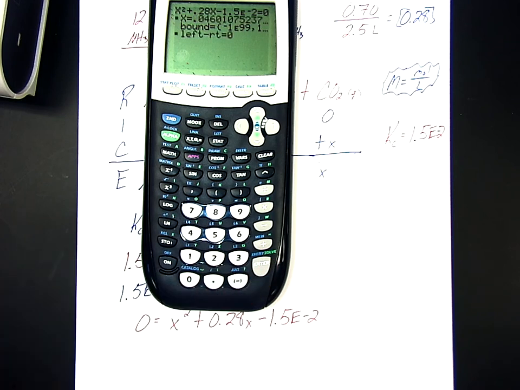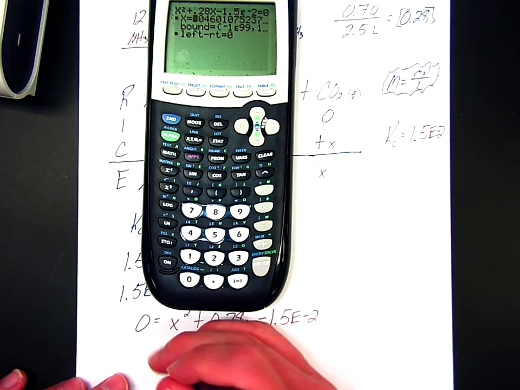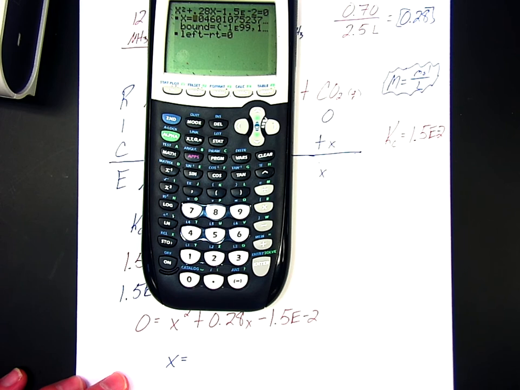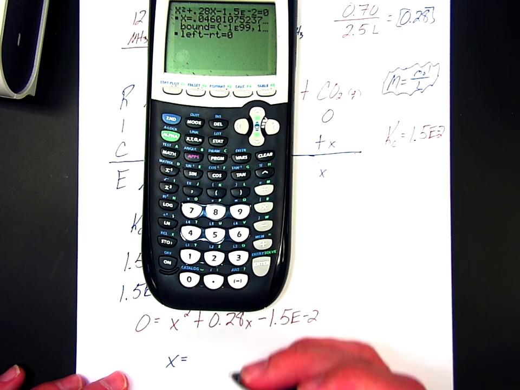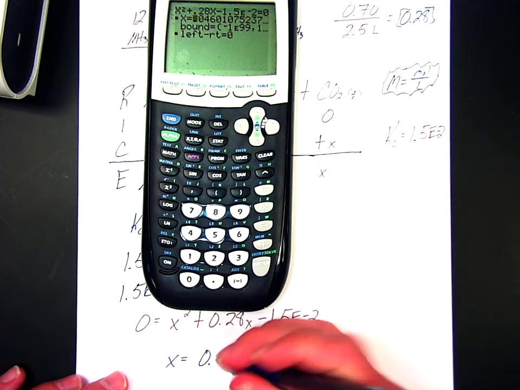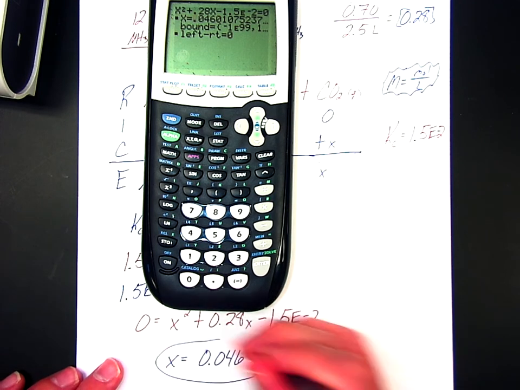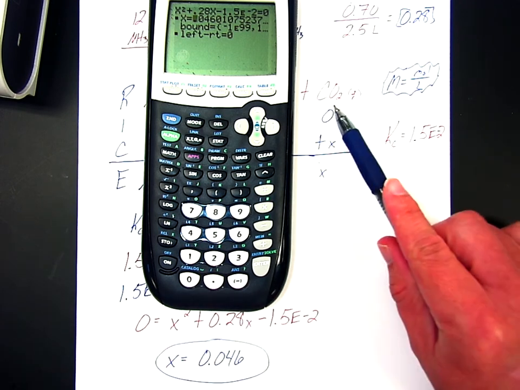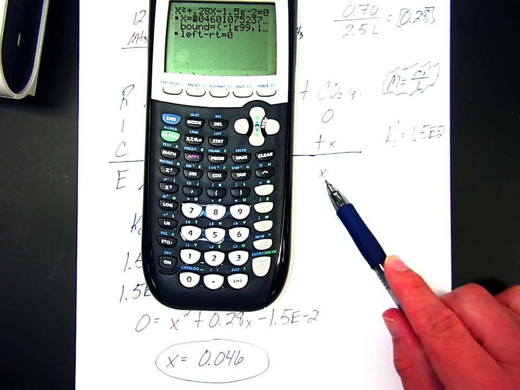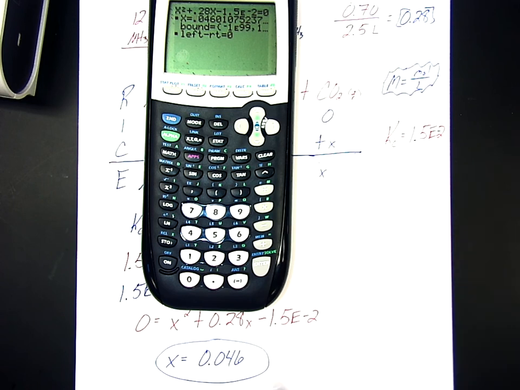All right, and I get a final X value of 0.046, which will be the answer to the problem because remember, we're looking for carbon dioxide, which at equilibrium was just X. Therefore, this is